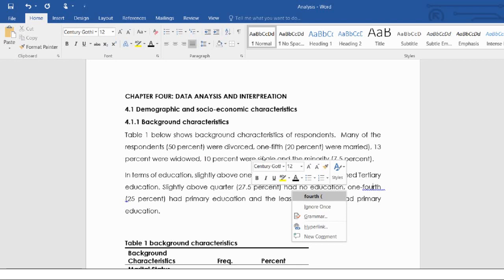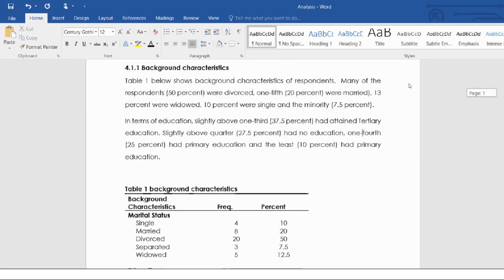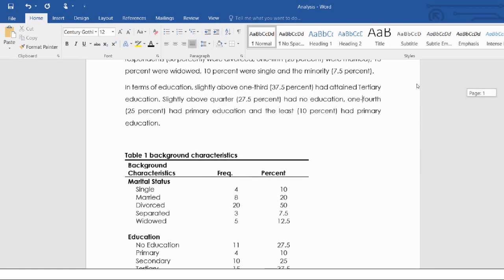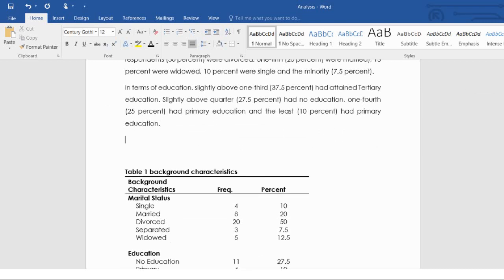Then I'll go to the last variable, which is religion. So I want to start with a number. If I want to start with a number, I would say 55. I can't start with a number and just write it as a number. So it's 55%